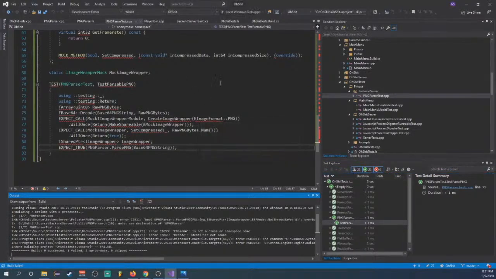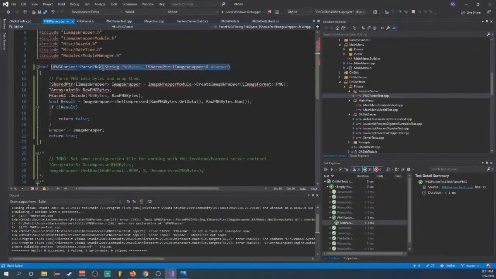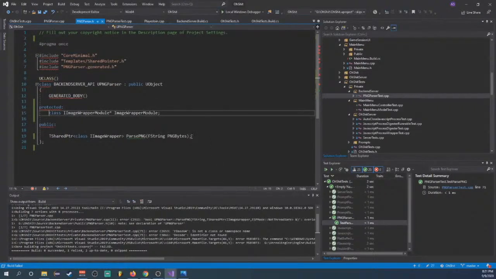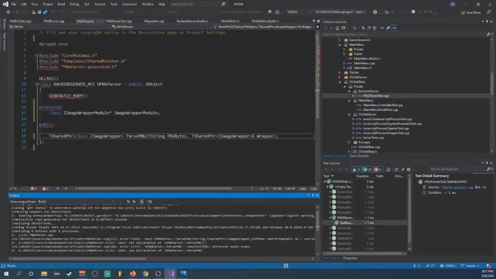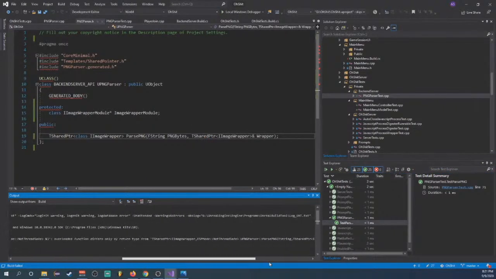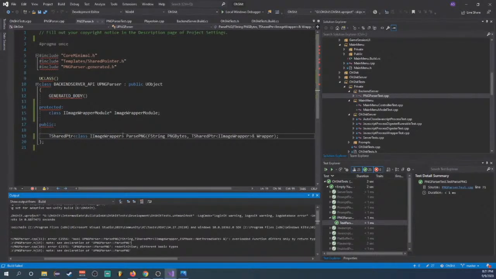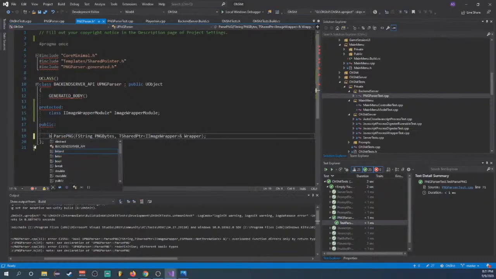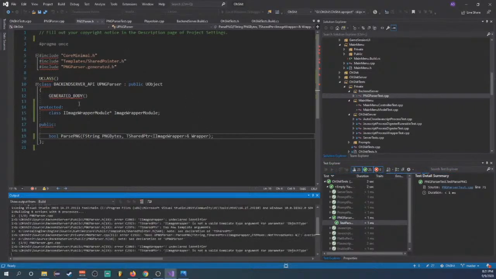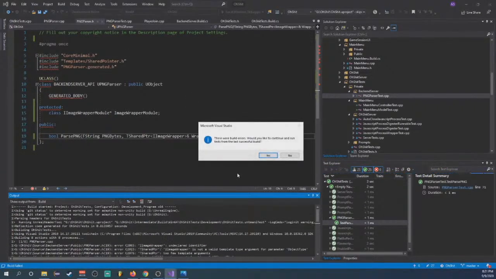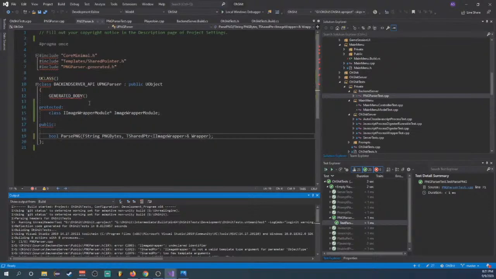Ah, I messed up the fact that I changed the interface. Parser. Overloaded differs by return type. Okay, this should be a bool. Bool is short for Boolean, which means true or false. Generally, you're going to return true when things